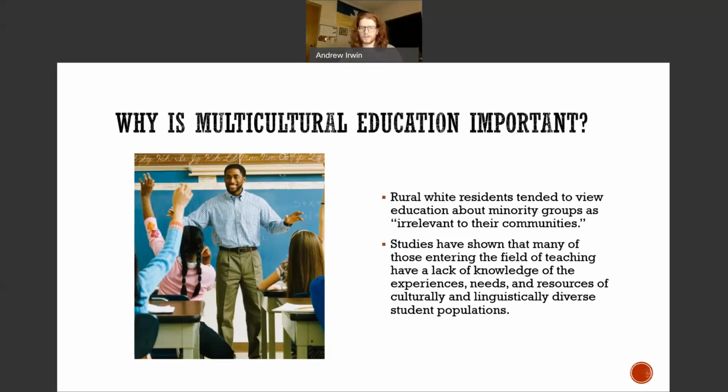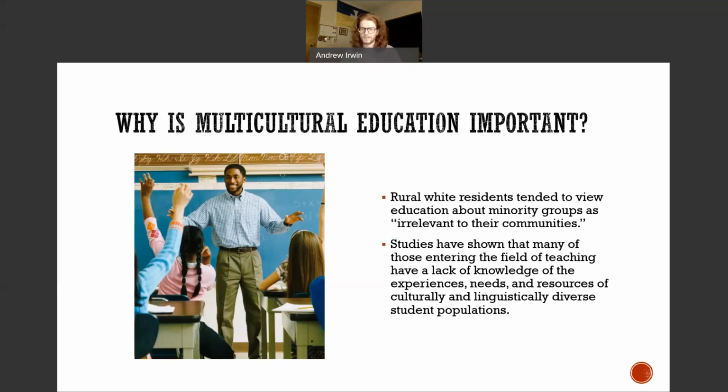And that goes back to the graph talking about how rural schools are predominantly white. Because of that, they may not feel it necessary to learn about these other cultures because they don't interact with these people as much. But I believe that multicultural education is very important because it gives these groups more of an experience of other people. Because without it, they may either be afraid, just uninterested, or uncomfortable when they do interact with these other